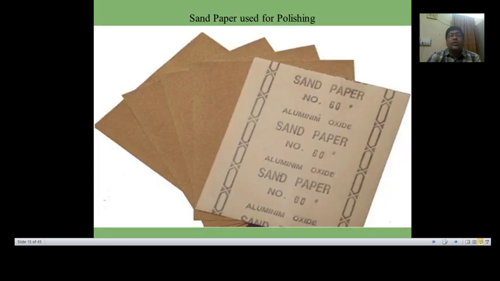Coming to the sandpaper, we have seen such a marking, sand number 60, particle size 60. It passed through mesh size 60, and very fine sand materials are deposited on the back side of this paper. The front side is used for marking and numbering, and the back side is covered with this sand. Totally, fine sand grains are covered on this surface. This is used for polishing or smoothing materials.